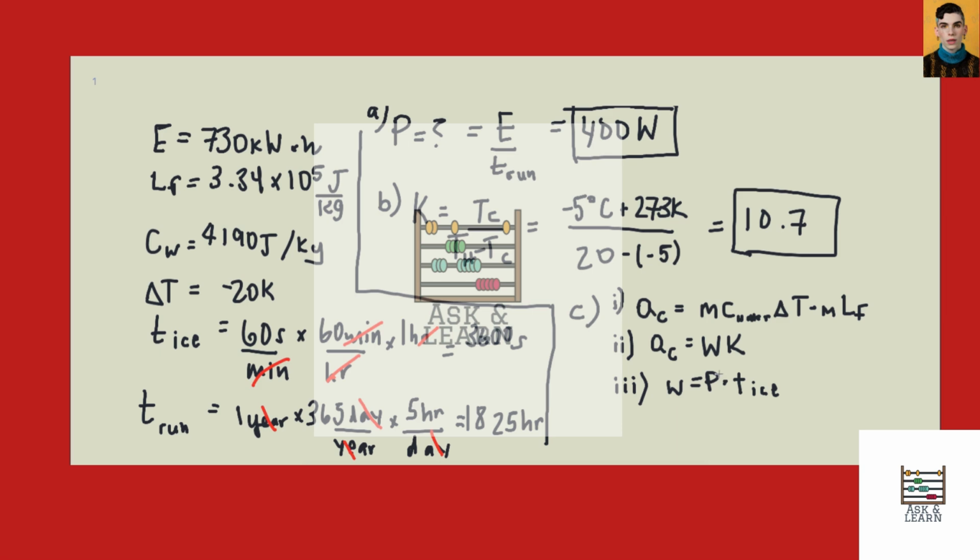If you plug that in, you get Q_C is P t_ice times K. Then if you plug this in and algebraically manipulate it, you get the mass is equal to P t_ice K divided by